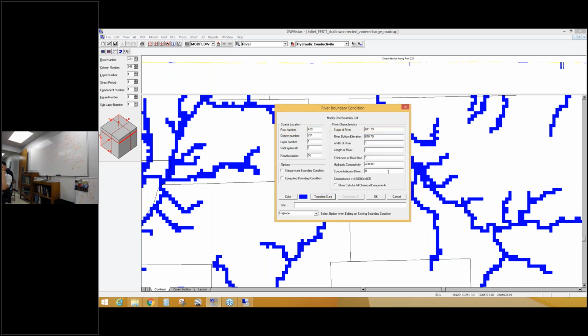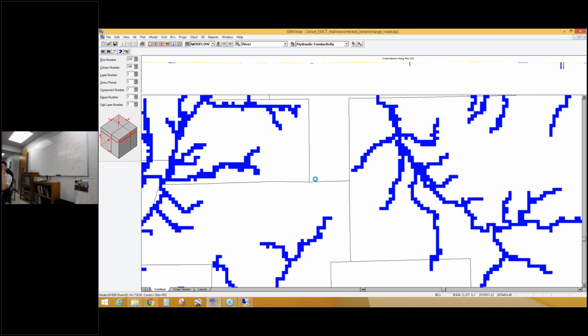Problem is, we have some gauges, but how in the world do you handle a headwater stream? How do you let that change? How do you make that transient? That's a big question that we're all going to have to sit down and figure out. How do you deploy a model that accounts for gauges all throughout, and yet